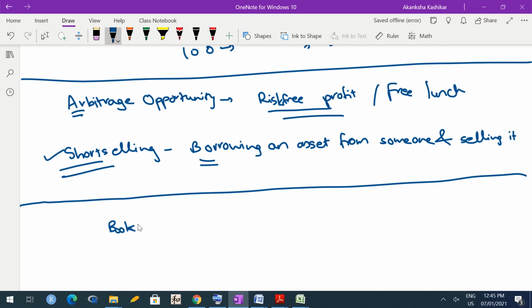So because short selling was allowed, because you were allowed to sell my borrowed book when I was not using it, it becomes a risk-free profit opportunity for you. That is, it becomes an arbitrage opportunity for you. So this is how arbitrage opportunities are created in the market. We will study more about these things later. Of course, because this is a finance course, we are going to learn newer and newer terms, even till the end of the course.